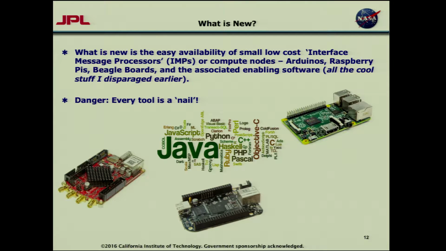But the danger is that in trying to perform scientific experiments, do interesting things, everything sort of becomes a nail. I have a problem, how do I do it? I just download Node.js, get my Raspberry Pi, send a web message, receive that on the node, convert it to a GPIO signal, raise the pin to high, and voila, I've turned something on. And so it really sometimes boils down to just grabbing a bunch of stuff and slapping it together and making it work.